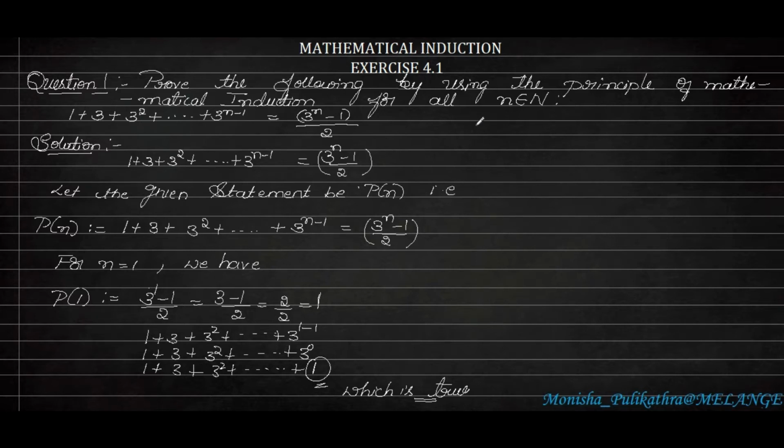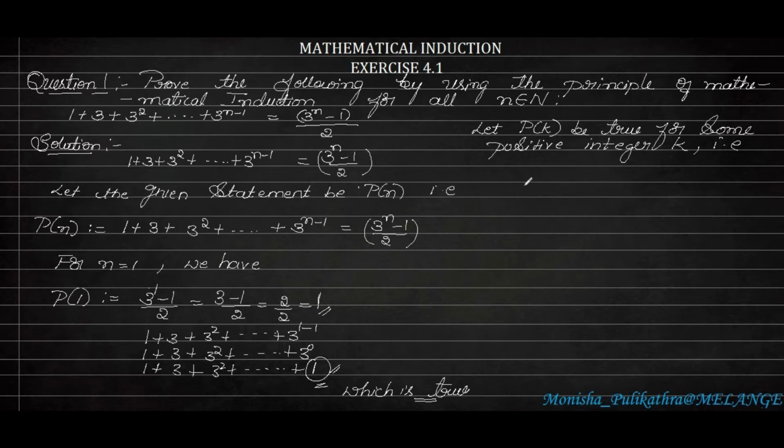Next, what we have to do? We have to substitute it with k. So let P of k be true for some positive integer k. So in the first step, the statement should first be equated to P of n. Then this n should be assumed as 1. Then after substituting 1, we have to show both sides are equal, that is 1 equals 1, which is true. Next, in the same way, we have to take k in the place of n.